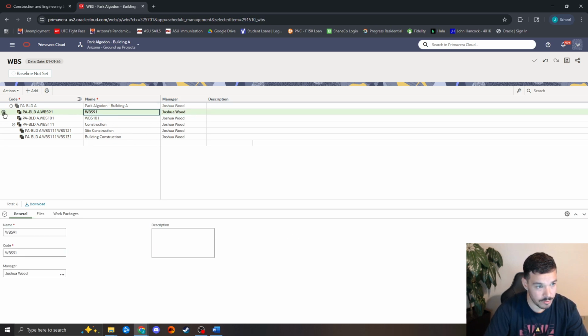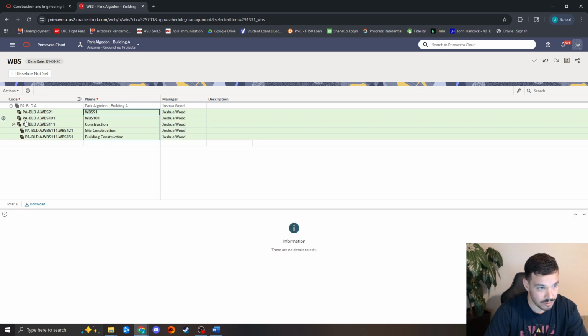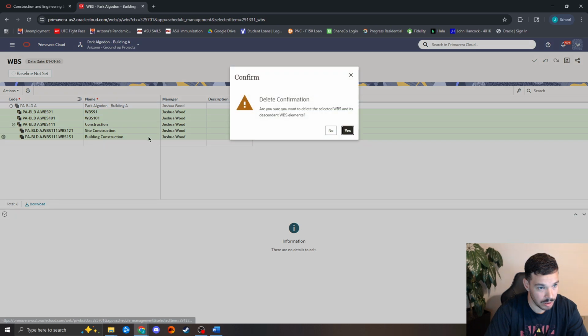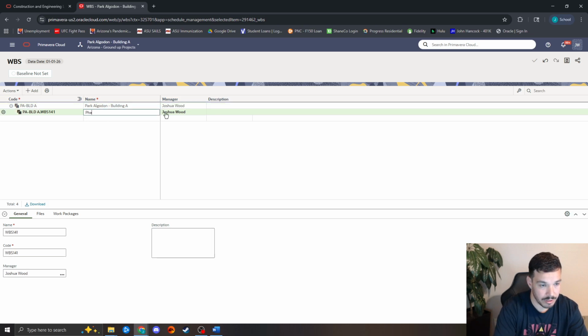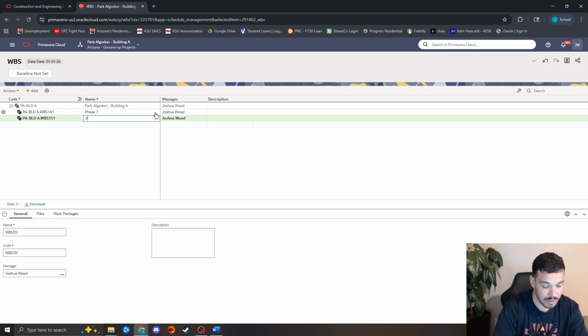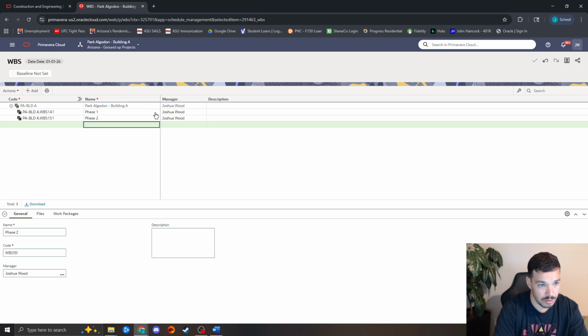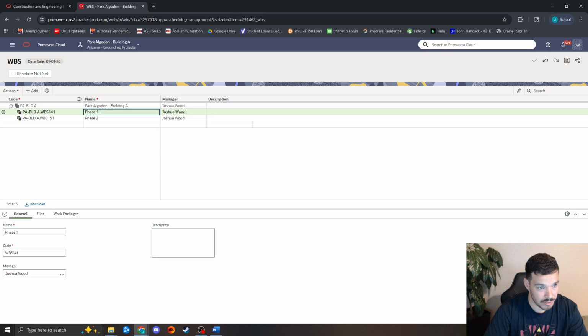But another way this can be useful is if you have a massive development that is going in multiple phases. You can build all of those phases within this one project structure. So I'll have my phase one, and then I'll have my phase two, and then within each of these phases, I'll do my standard breakout structure. I'll have my phase one pre-construction, long lead, and construction, site construction, building construction, and then I'll do the same